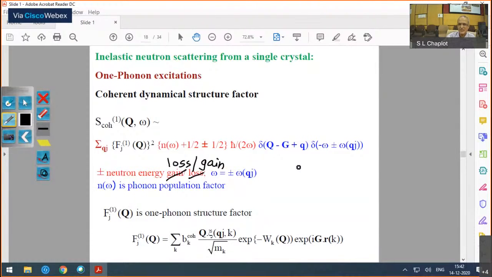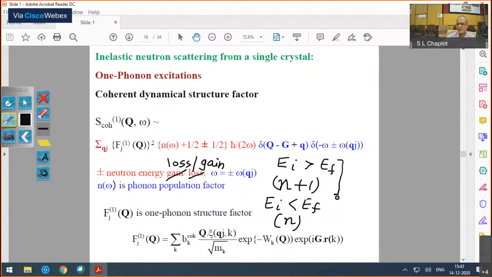So for neutron energy loss, when EI is greater than EF, then the intensity is proportional to n plus 1. For the other case, when EI is less than EF, that is energy gain, the intensity is proportional to n. Now, if the temperature is very small, then n is negligible. So you can see that this phonon would be measurable only in these cases. So at low temperature,